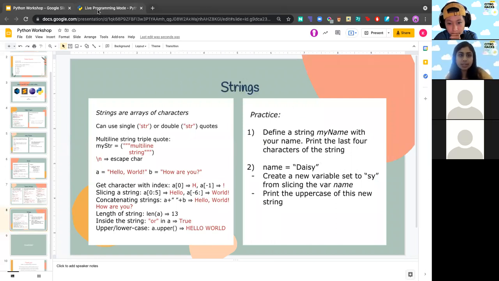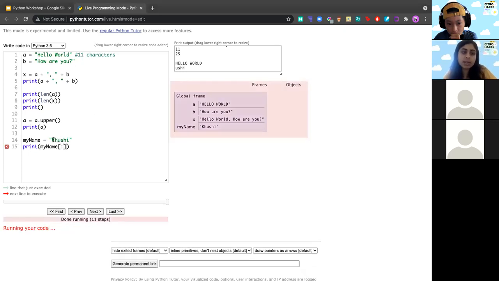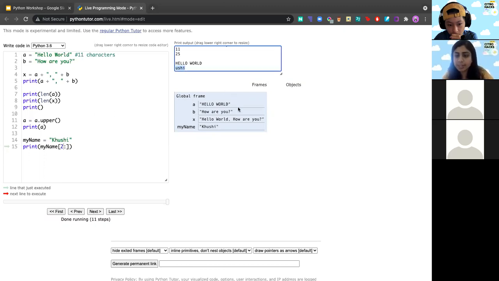So there are 2 ways to do that. I chose to do from -4 to the end so that I reach only the last 4 characters using the index -4. If I want to do that going in the forward direction, I would be able to do KHU, so 0, 1, 2 to the end, which is the same thing, which is also USHI